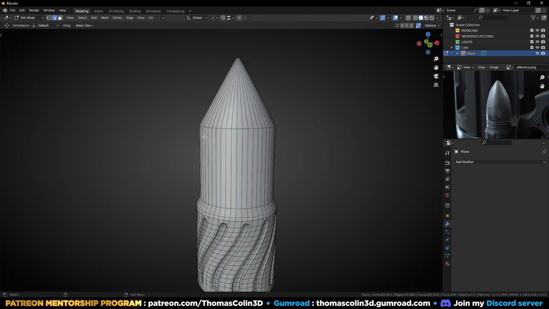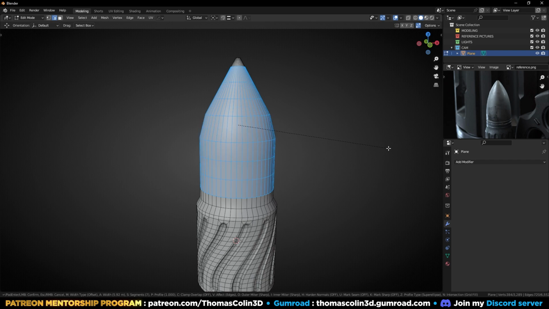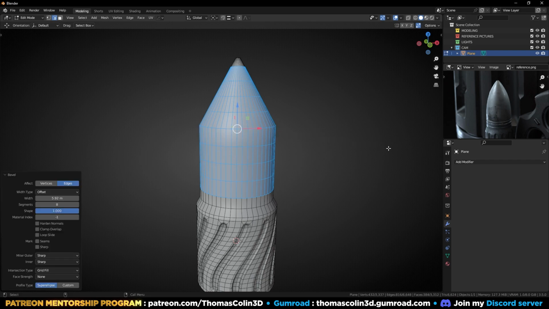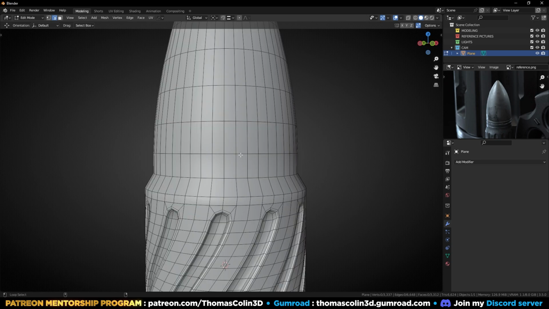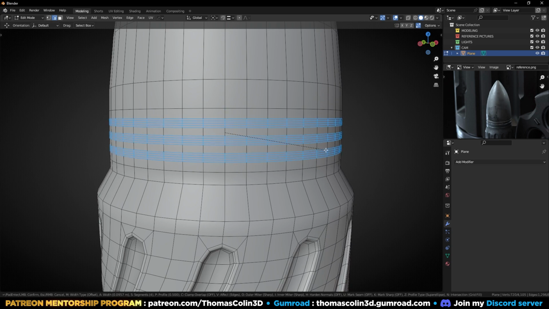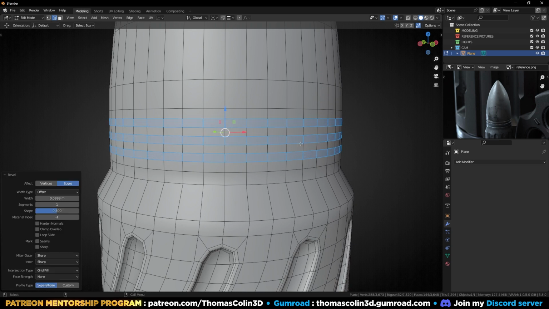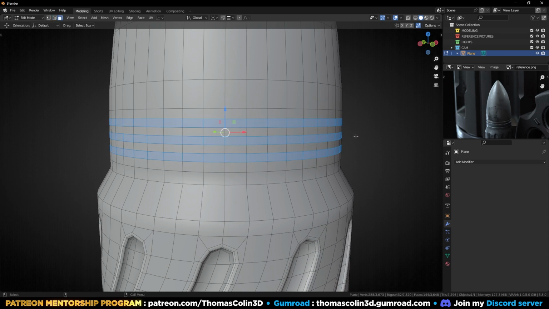Now, to get that smooth curve, I'm just going to select this edge loop, Ctrl B to bevel, add a lot of loops, let's say 8, set the shape to 0.5, select this edge loop, Ctrl B to bevel, add let's say 3 loops, select this one, and this one, Ctrl B again, with 0 segments, go to face mode,